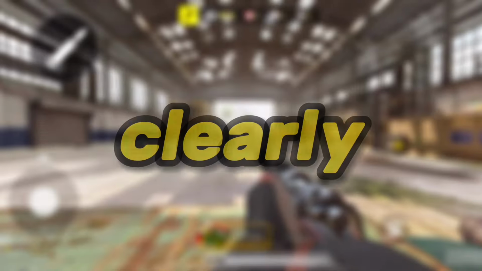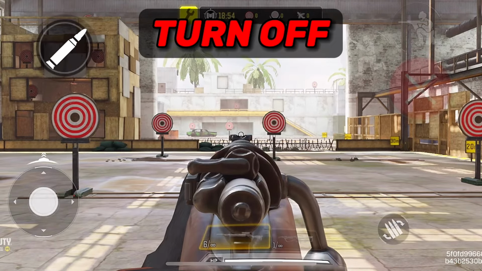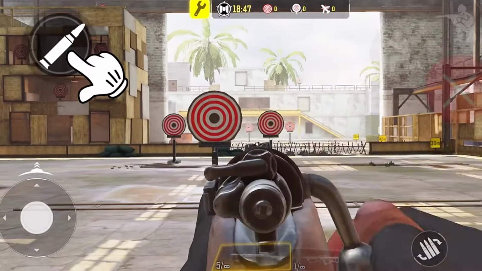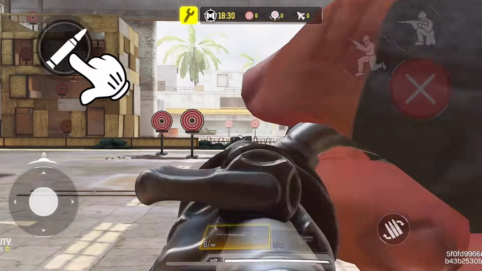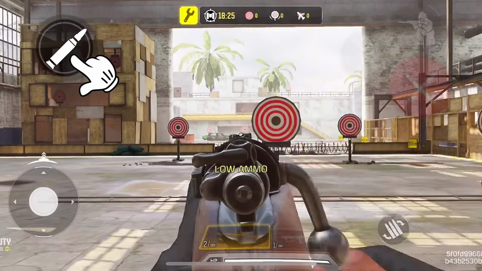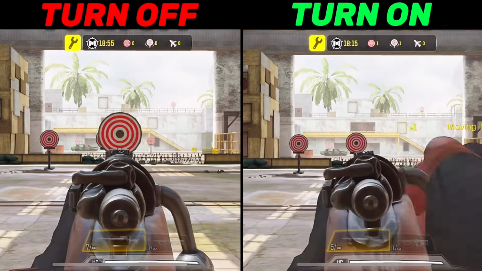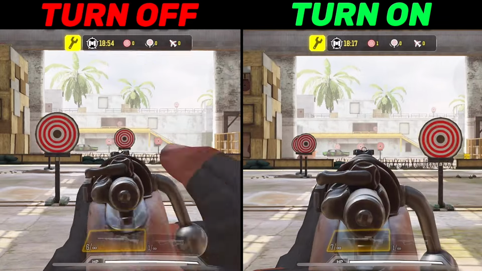To explain it to you more clearly, here is the settings off. As you can see, hitting or holding the hip fire button only makes you fire once. Now, here is having it turned on. Unlike from earlier, holding the hip fire button allows you to fire multiple times automatically. Here is having it side by side. You can clearly see that having this turned on makes you fire more shots faster, rather than having this turned